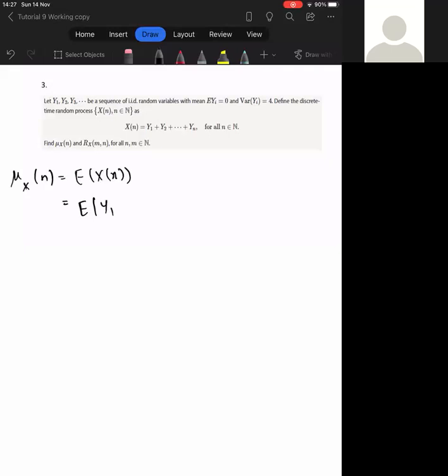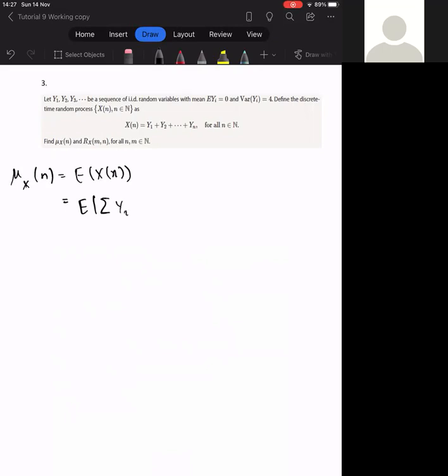I'm just gonna write it as the sum of yi's from 0 to n, ठीक है। अब हमें पता है कि इंडिविजुअल yi's का जो एक्सपेक्टेशन है वो 0 है, तो उसकी सम की भी हमें पता है कि जो एक्सपेक्टेड वैल्यू के अंदर अगर सम हो तो that's just equal to the sum of the expected values. तो ये i is 1 to n होगा, ठीक है। और हमें पता है E of yi is 0, तो this is just 0, ठीक है।